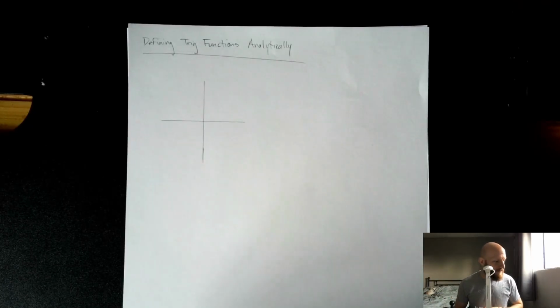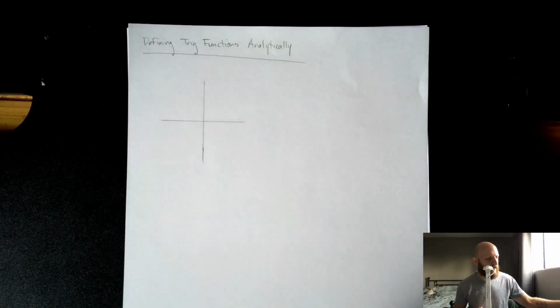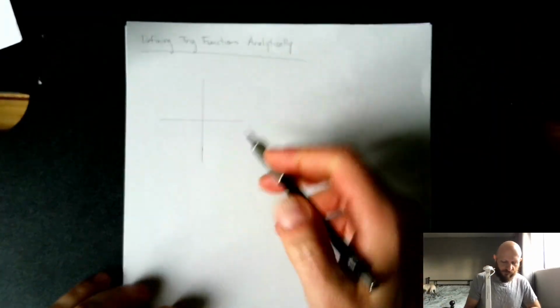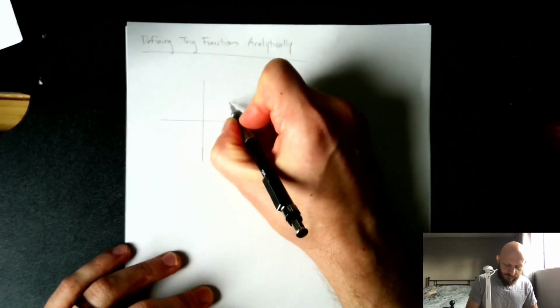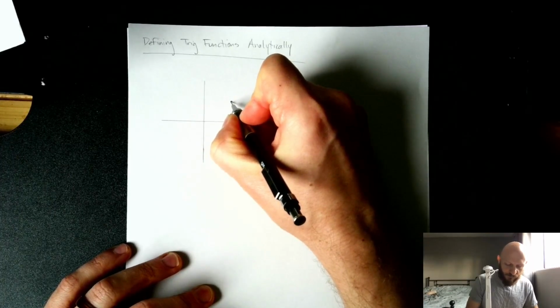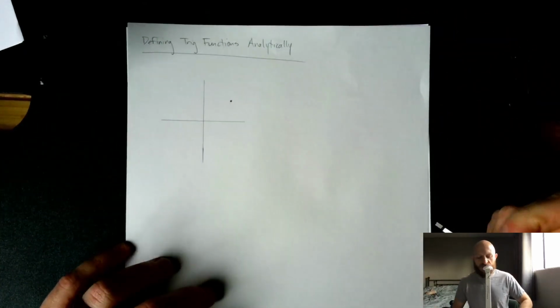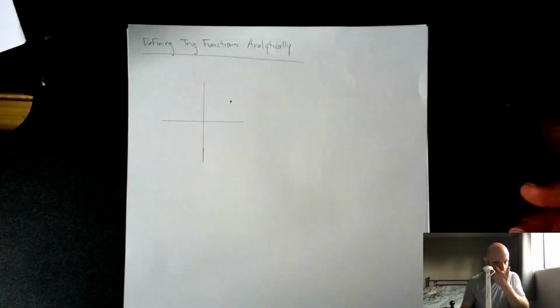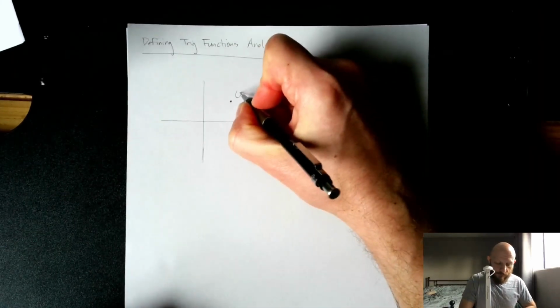All right, so let's define some trig functions analytically. What I mean by that is we're just going to define it within the coordinate plane for now. This is not the only way that we'll define it. Later we'll define it a little bit more generally outside of the coordinate plane. But for now, just take any point in the coordinate plane, x, y,